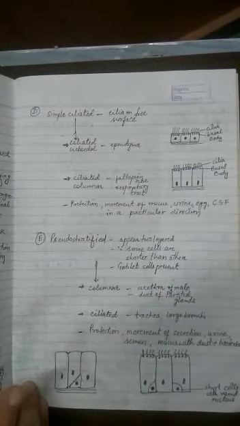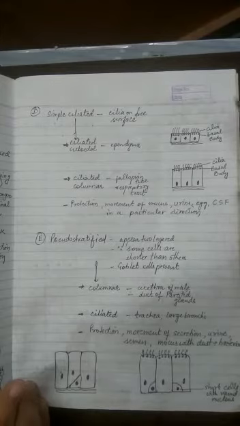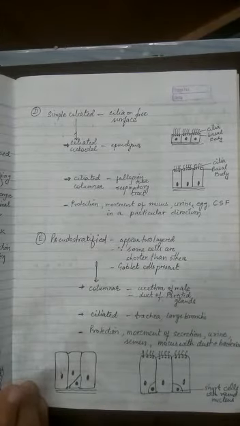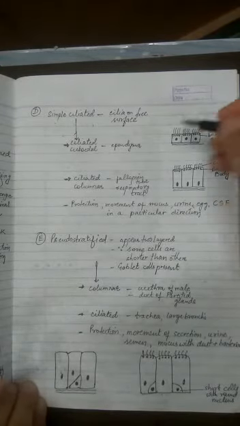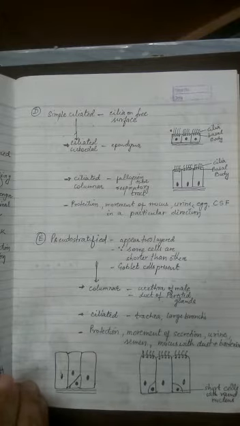Now let's understand this concept. Don't worry about the shape of the cell. The main thing is cilia. Whenever cilia is there, in your 9th class as well as in the 11th class, you have already covered that the function of cilia is to cause movement. Now imagine there is an egg present here, and imagine that there is a fallopian tube. So the fallopian tube will also carry cilia. So the egg has to be shifted from the fallopian tube and then move towards the uterus for implantation, in case fertilization has taken place.